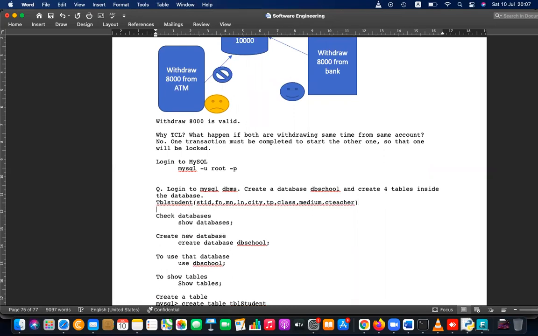Then TBL teacher. Teacher has teacher ID, teacher first name, teacher last name, teacher telephone number, and teacher class.